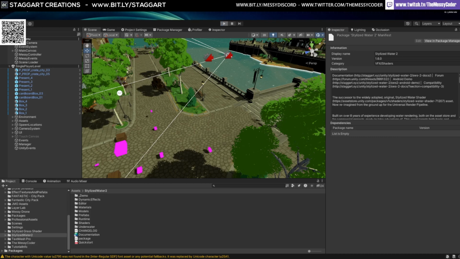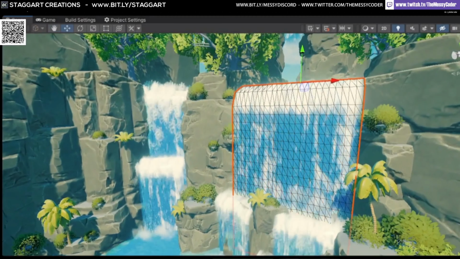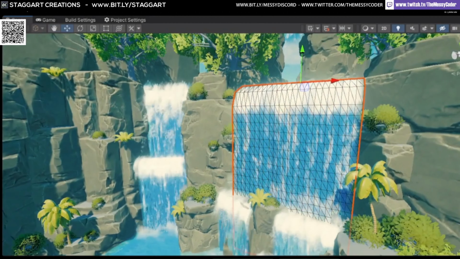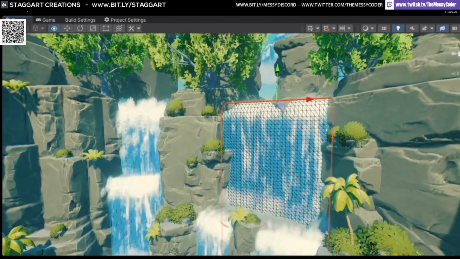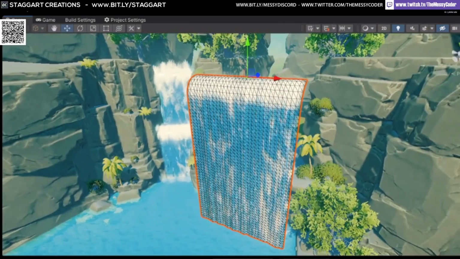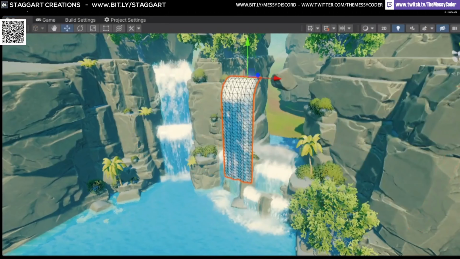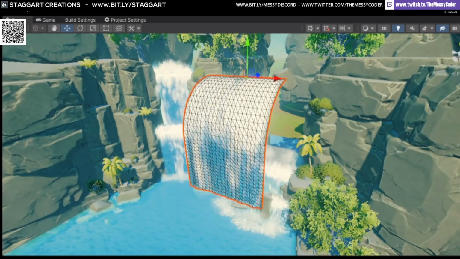Okay, let's go back to Jim Staggart. Detective Jim Staggart. Let's have a look at Jim Staggart's water. Look at him showing off his wire meshes there. This is a work in progress tool for making waterfall geometry so that you can do it right in the editor instead of going back and forth between Blender and then guessing how long it needs to be to hit the ground. And well, edge diameters, yes. This took a while to get right.